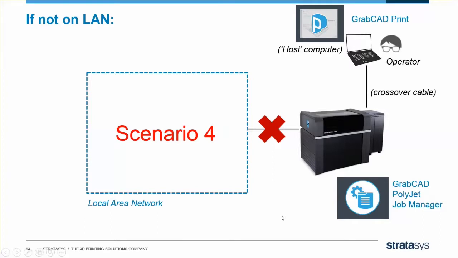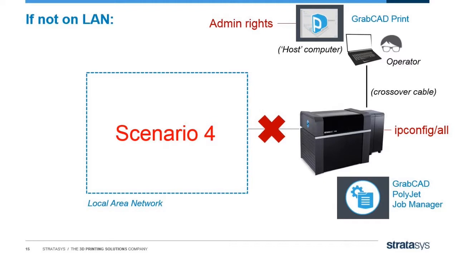For those of you doing scenario 4, it's pretty much the same. You're going to install GrabCAD Print on the host computer. You'll still need admin rights on the host computer to do so. And after install, if you can't add your printer automatically, you can still do an ipconfig /all on the embedded PC to